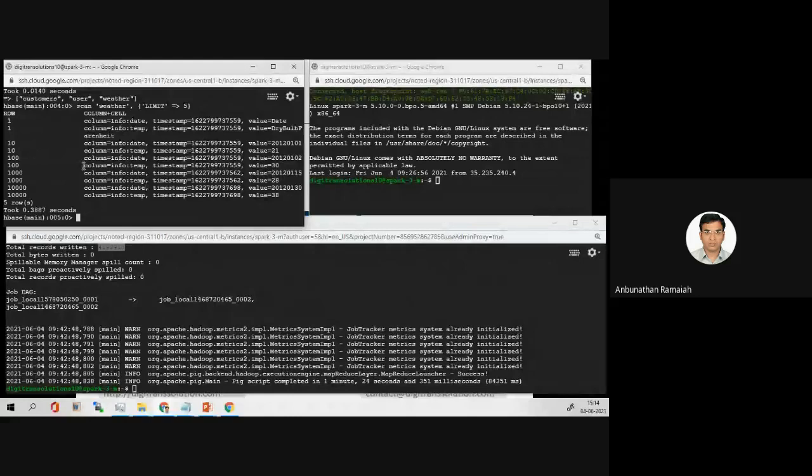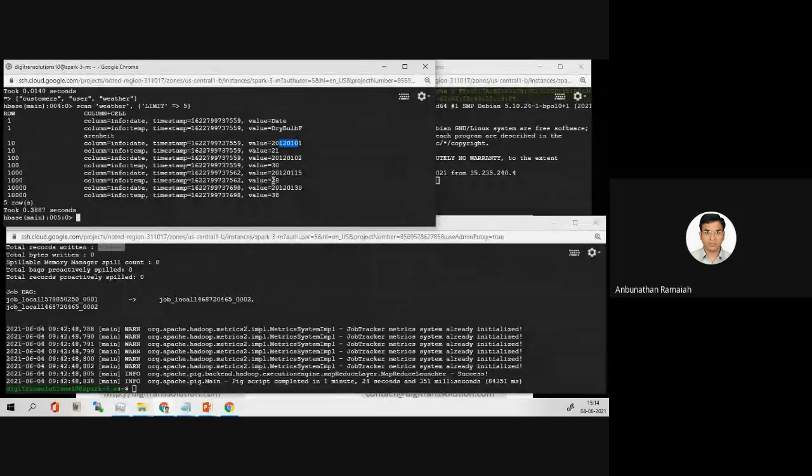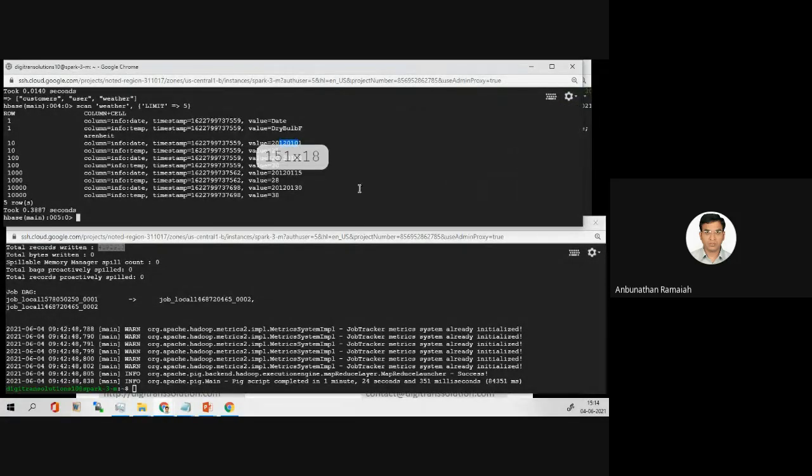Here you can see the records, the latest 5 records. We limited to 5 records. You can see here the values are displayed. Date and temperature, both are displayed. Timestamp, value. Suppose if you make it large,